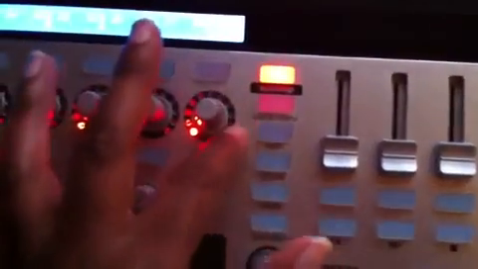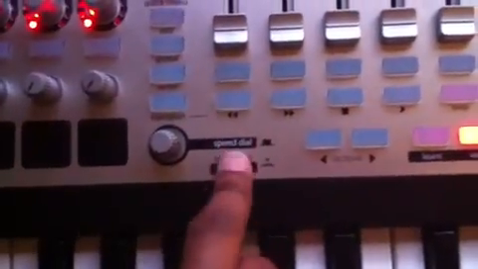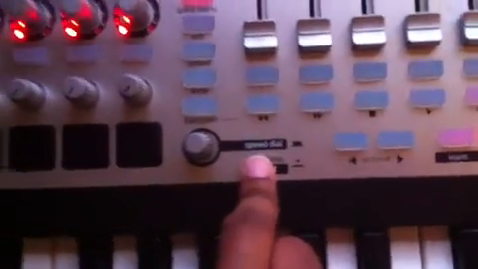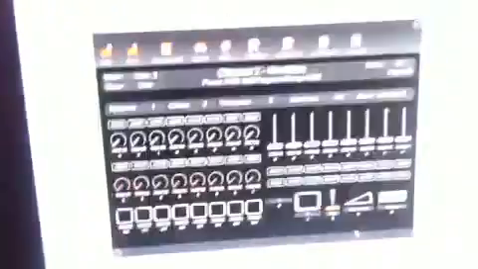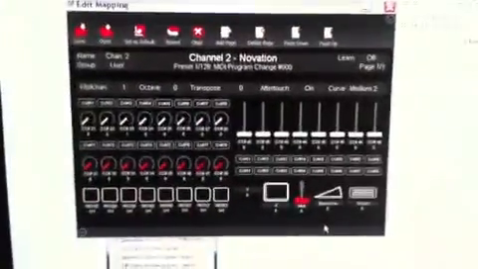You have your Automap, quick menu, edit, global, all that good stuff. It literally has everything that you're going to need. Speed dial, preset. If I remember to, I'll go back to what the speed dial does in a moment. But my main reason is, if you guys update it to the new Automap software, which I believe is 4.1,